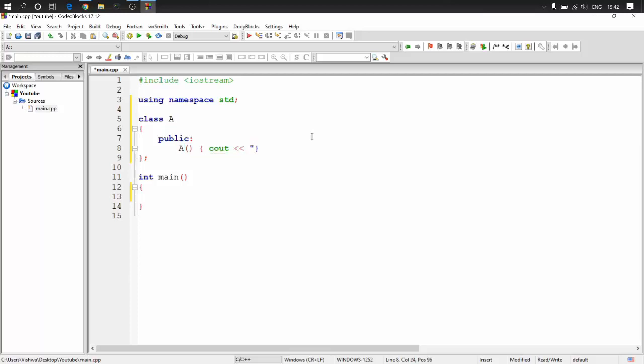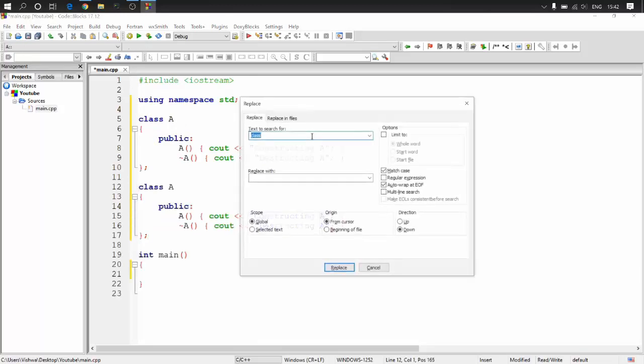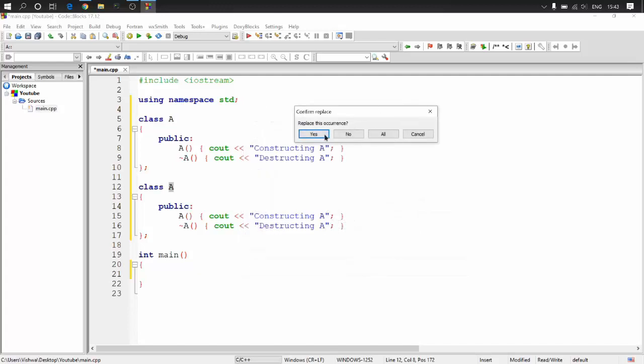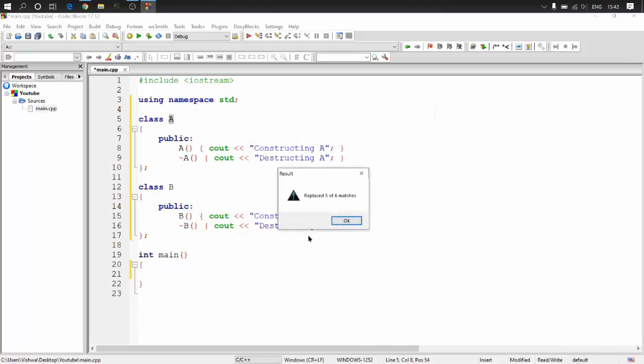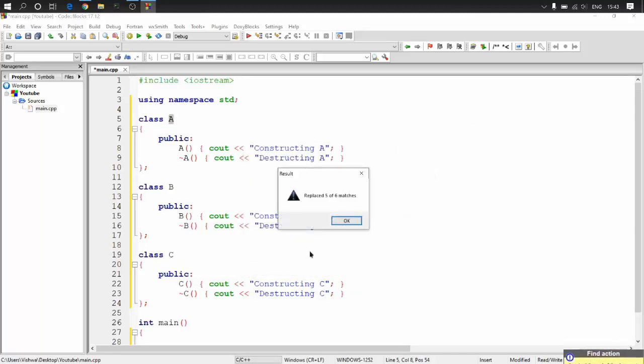So you have constructing A, and you have a destructor which says destructing A, and we need to create another class B. So create that, and change the A to B. Then we paste that again and change the occurrences of A into C. So replace A with C. Done.